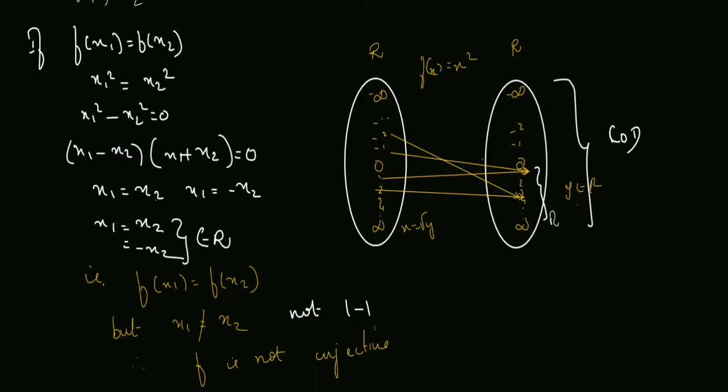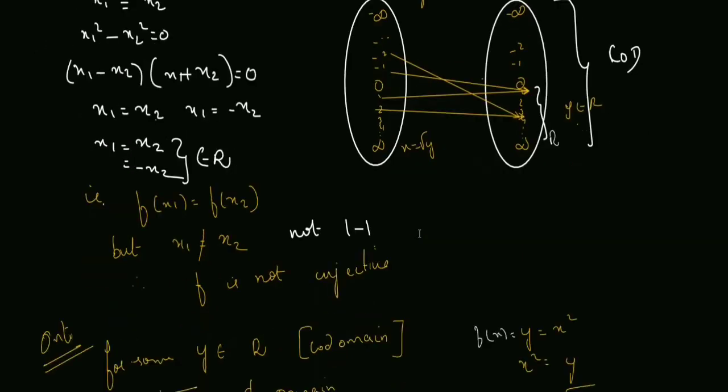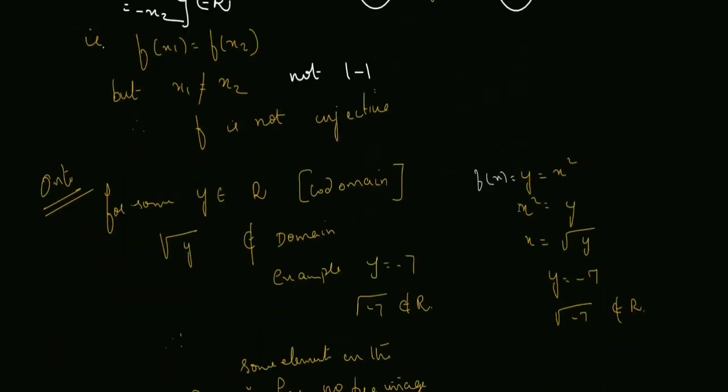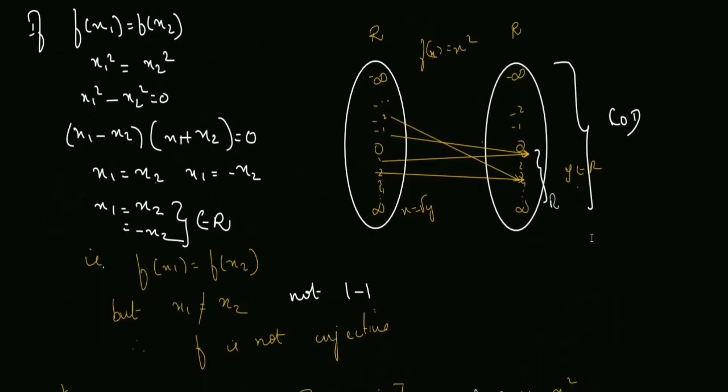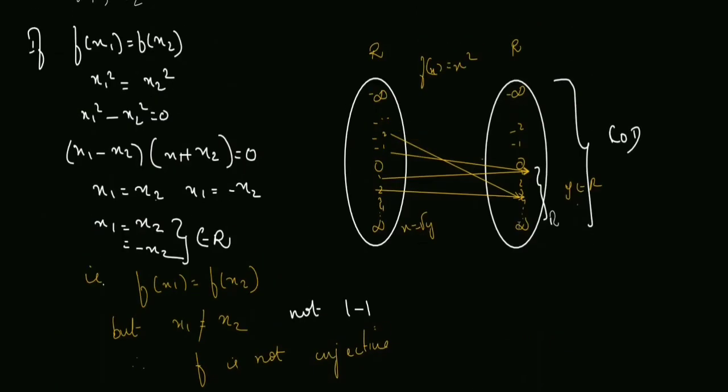Now we'll prove this is not onto function. So how do you prove this is not onto function? To check whether it is onto, it is given y is x square. You have to write x in terms of y. So x square is y, x is equal to root of y. So you take any element y belongs to R in the codomain. Can you find x is equal to root of y in the domain? For example, you take y is equal to minus 3 or anything, any number, minus 5.